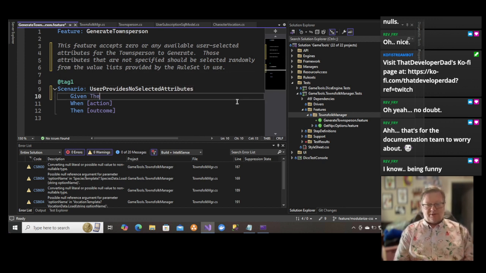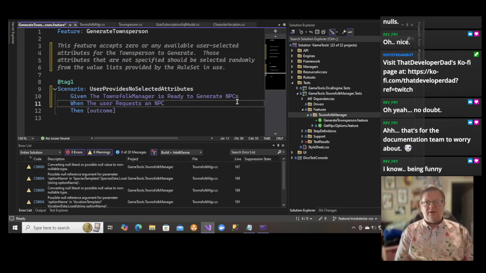Given the townsfolk manager is ready to generate NPCs when the user requests generation,